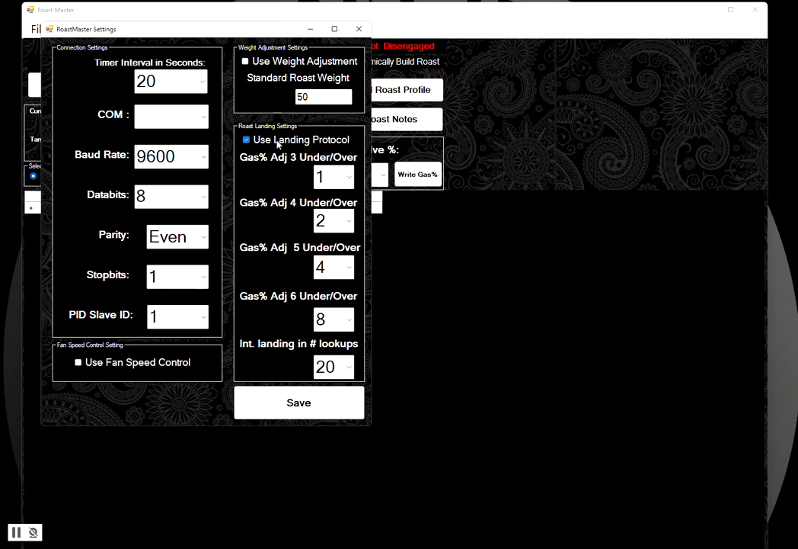Lastly, in the settings, we have roast landing settings. If you choose to use your landing protocol settings, what will happen is that at the bottom here, you will initiate your landing in the number of lookups. So you can select your last 10, 20, or 30 lookups. So if you had 20-second intervals and you had 20 set as your initiate landing number of lookups, then 400 seconds before the end of the roast,